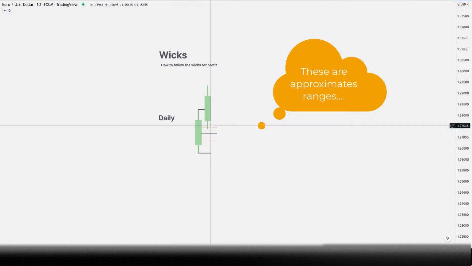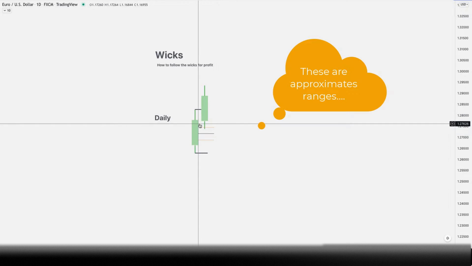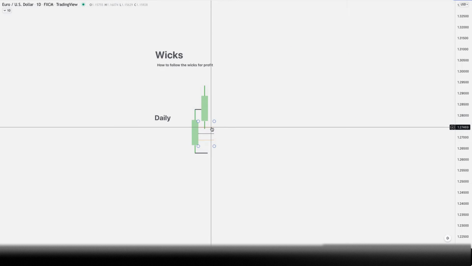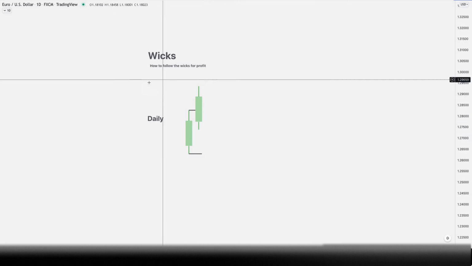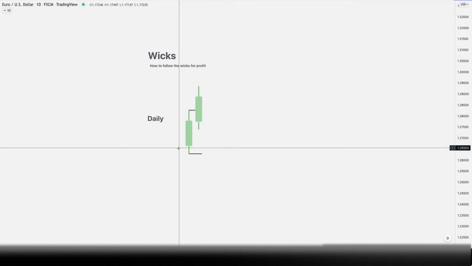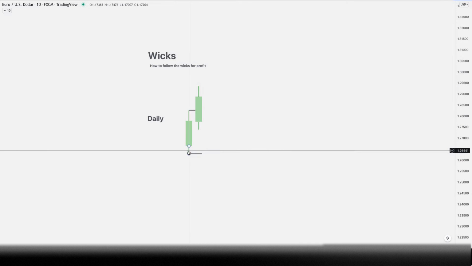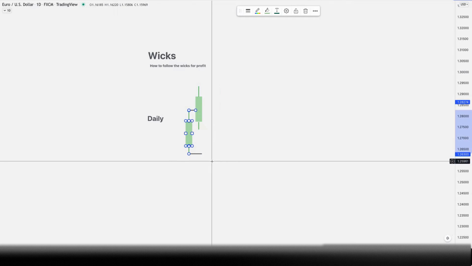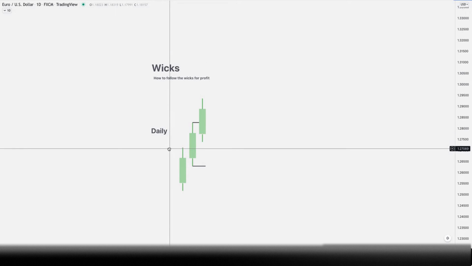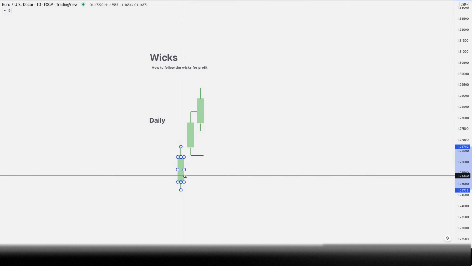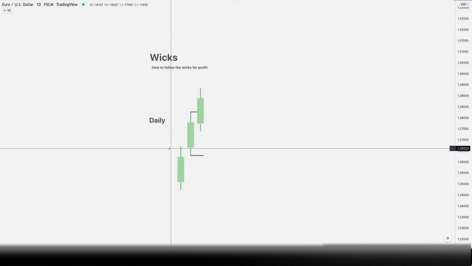Now, how do we use this to find POIs? Well, inside of these areas, you can scale in, and I'll show you how to do this. We can scale in and look for our POIs on the lower time frame, so the 4 hour, maybe the 1 hour, and then we start looking for price action to do our chalks. But when we're talking about wicks, I'm going to do one more candle here to give a good illustration. So let's say price was, this is probably,